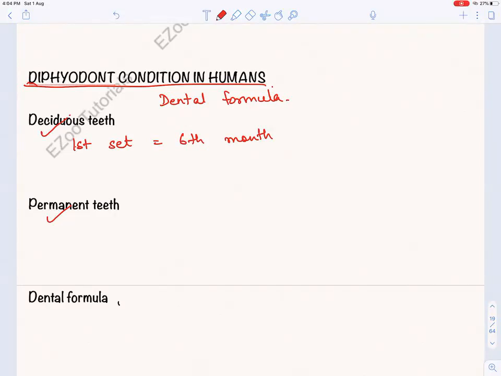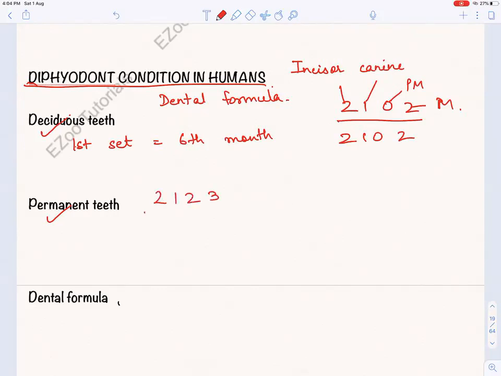So the dental formula is 2102. So this dental formula is incisor, canine, premolar and molar. Okay, now we have the permanent teeth. So for the permanent teeth, the dental formula is 2123. If we see this incisor, canine, premolar and molar, in the deciduous condition and in the permanent teeth,